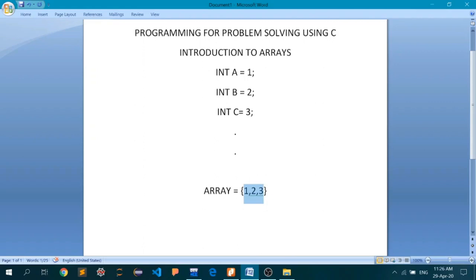So you will have a small initial intuition of what an array is. This is basically a shortcut to store the data points. Now an array can be of integer type. When I'm saying that it is of integer type, I'm saying that all the data points which we are going to store in this particular array are of integer type.